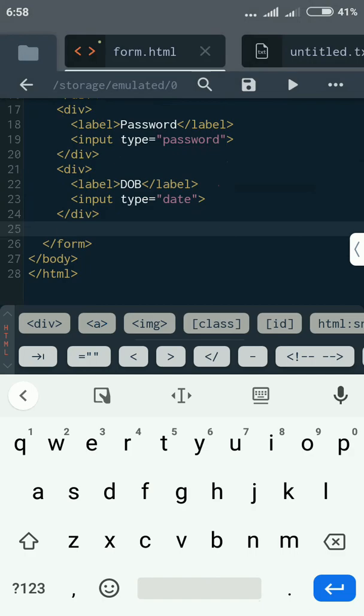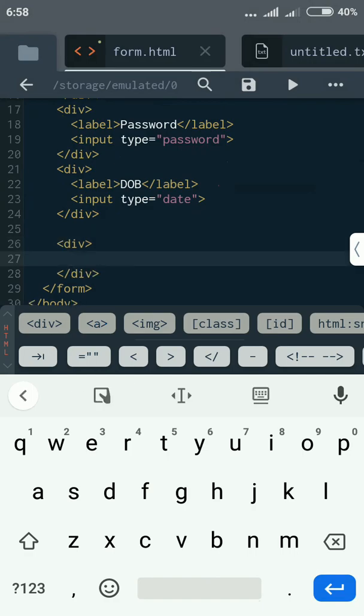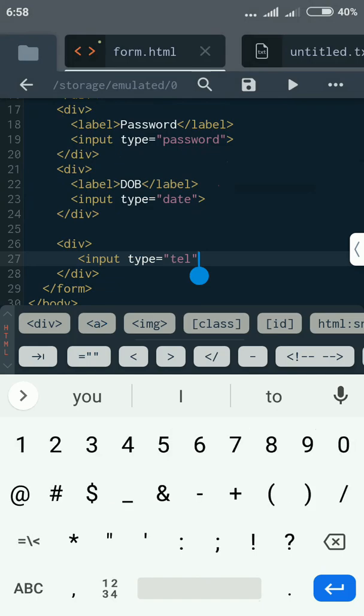All right, but still before that, let me show you one. We have an input type called tel. So here I'm going to use input directly. I'm sorry, I don't have much time. And we can set the type to tel. Like this can be used for collection of phone number or some kind of OTP,